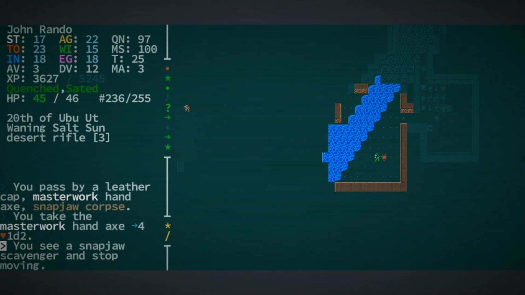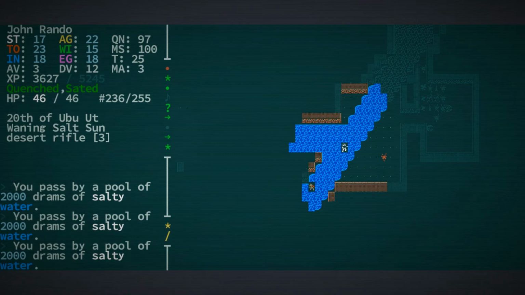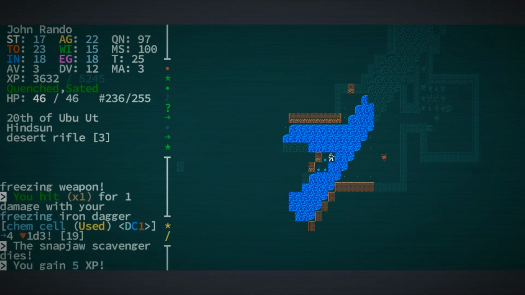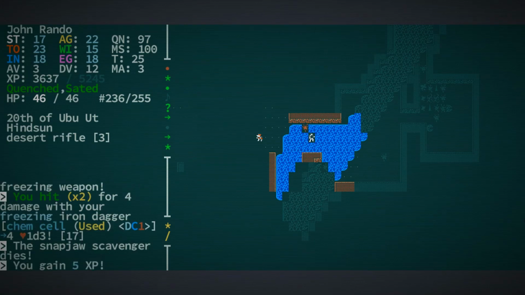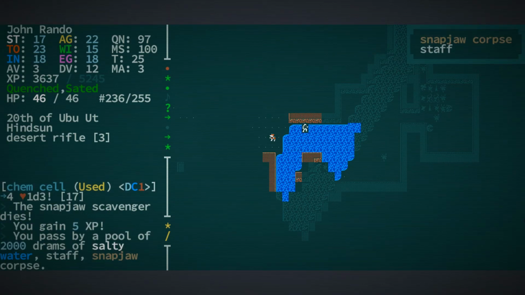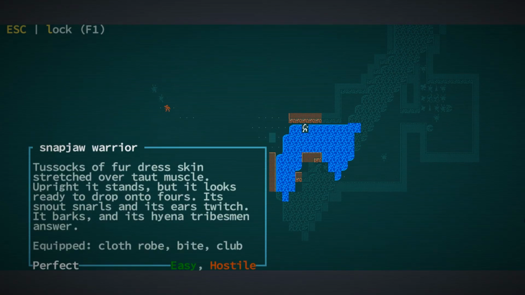What is happening? A snapjaw. Well, it's a very long way away in a cave far off to the side. Let's go over there and have a look and see what's happening. Bronze short sword. That's not really anything we're talking about. And this looks like a warrior. It's probably going to be...